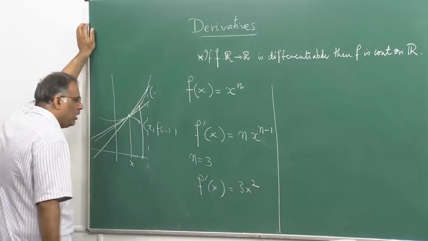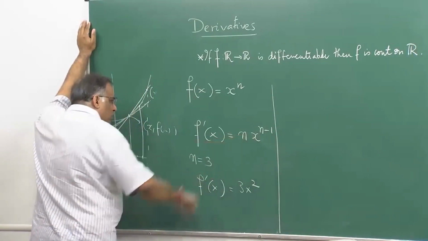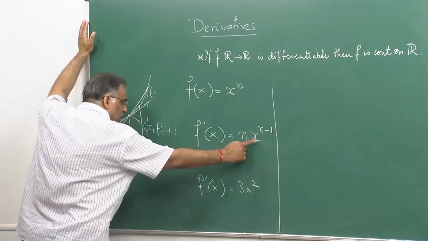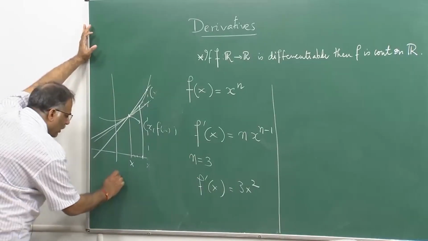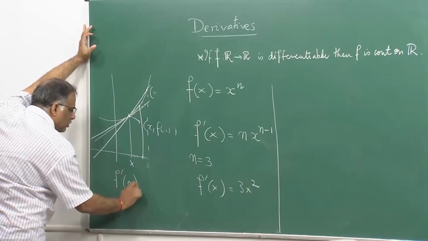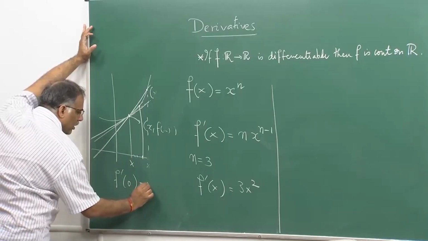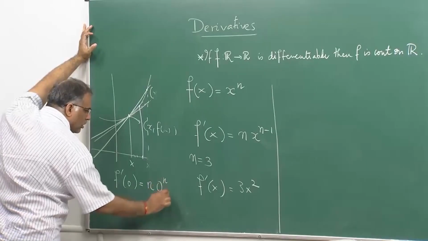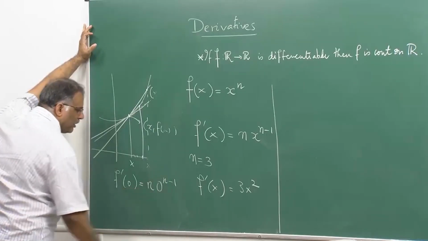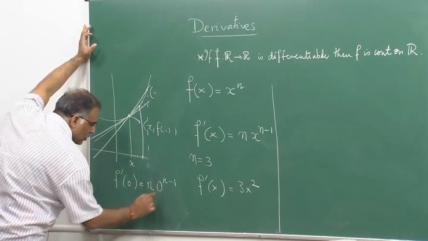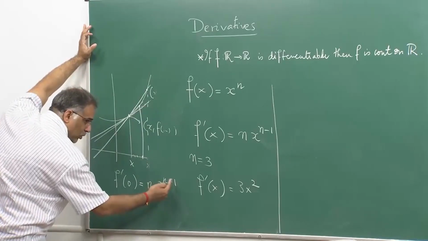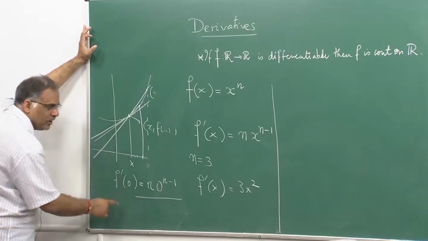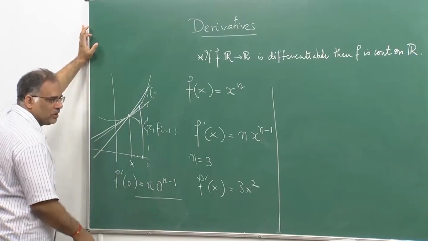But when you look at this formula, and when you put x equal to 0, then what you will have is f dash of 0 is n times 0 to the power n minus 1. So if n is not bigger than 1, then you will be in trouble at this point. If n is bigger than 1, then of course you can write